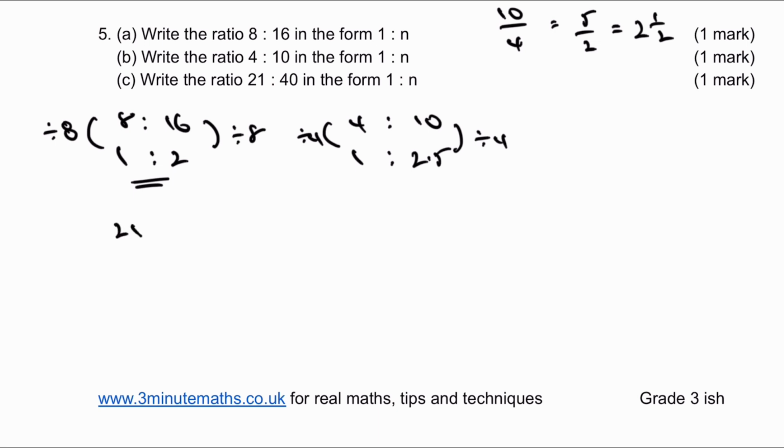I'm going to start with 21 to 40, and I want it in the form 1 something. So therefore, I've divided this side by 21. Well, therefore, I have to divide 40 by 21. Now, 40 divided by 21 is not an easy calculation to make. So if it's non-calculator, you could leave it as 40 over 21, or you could work that out as a mixed number. Or if it's calculator, you could calculate it out as 1 to